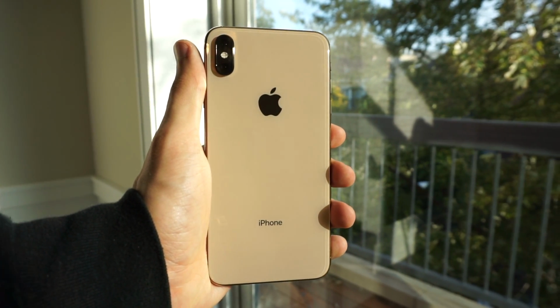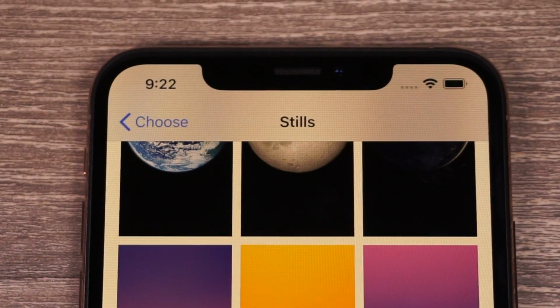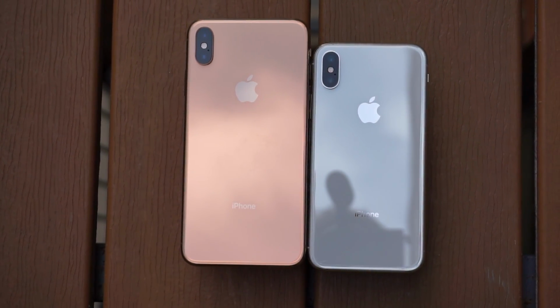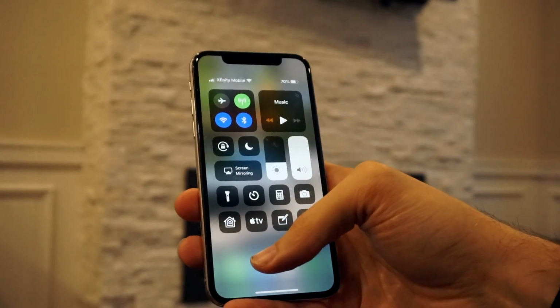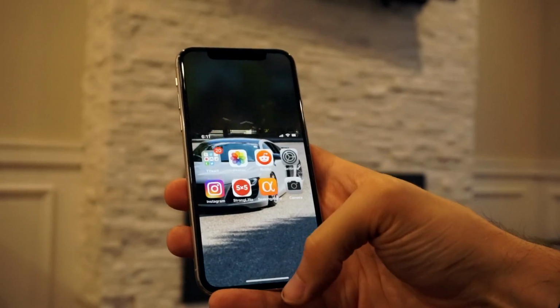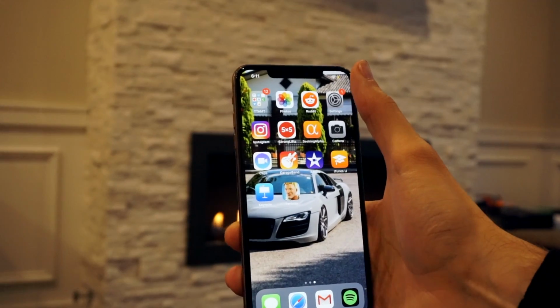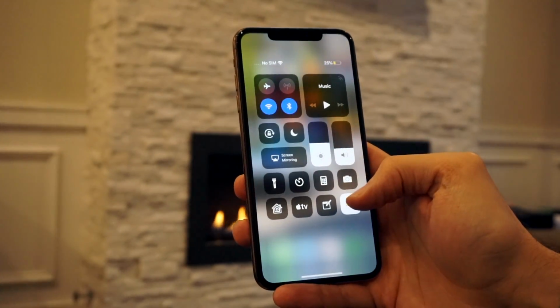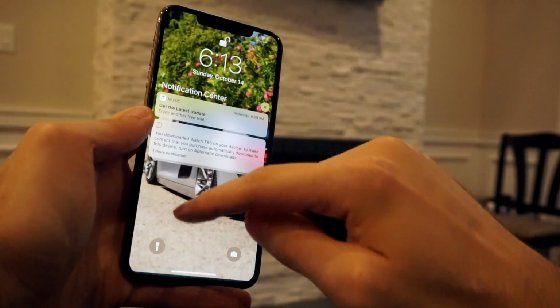It's about the same physical size as the previous plus-size phones, except there's no more pesky bezels, it's all just one big screen, except for the notch. Very plainly, this is a big phone. I've got somewhat large hands, and for me personally, the form factor of an iPhone X is about the limit of one-handed use. From the introduction of the plus-size phones, I've always considered them to be two-handed devices. Even with functions like reachability, there's no way you can use these phones exclusively with one hand. If we adopt that philosophy, the iPhone XS Max isn't an unwieldy beast anymore, but instead a perfectly sized slab